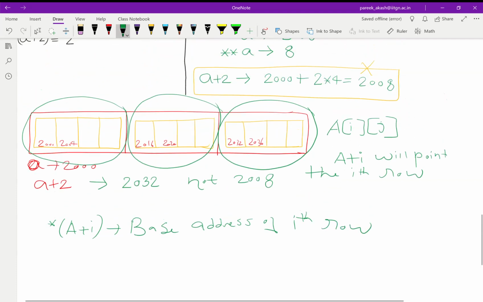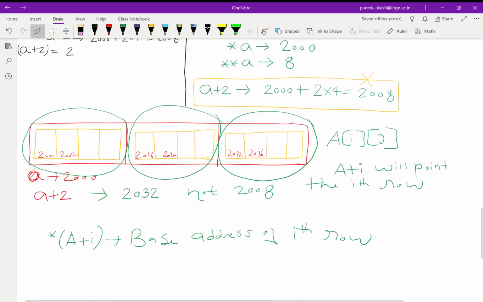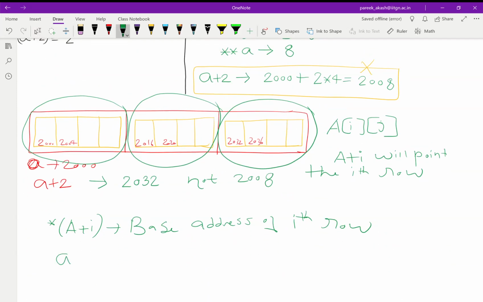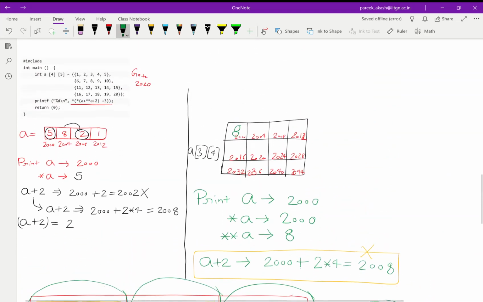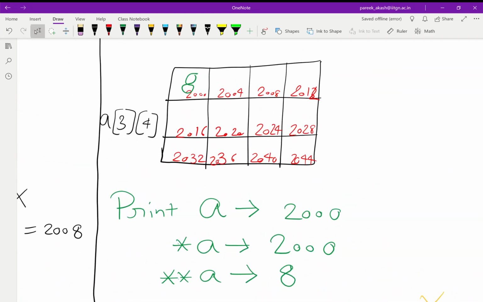And once you are in the ith row, if we do A plus 2 in our case, then we are already in this row, and star will give us 2032, the location.